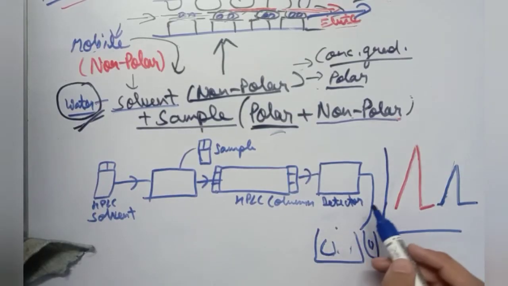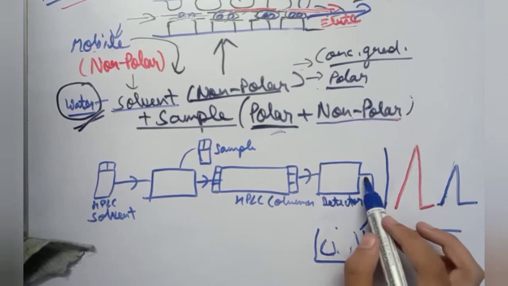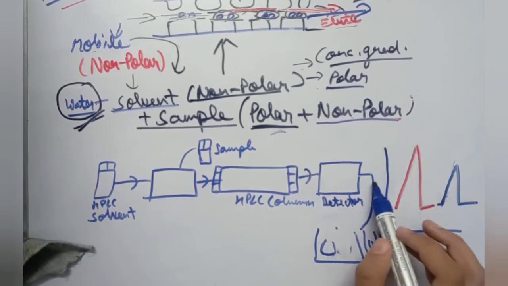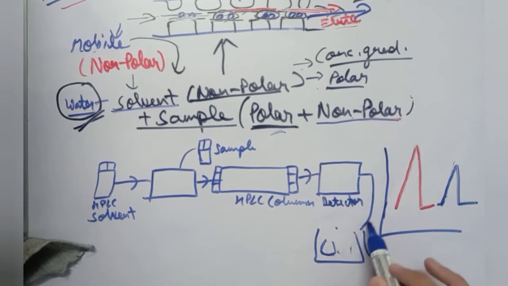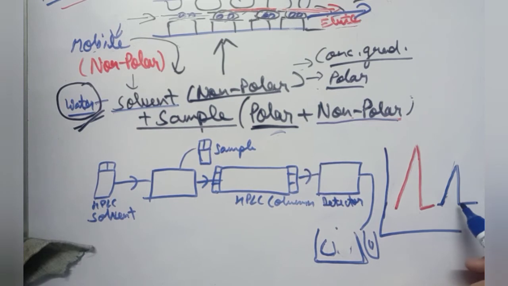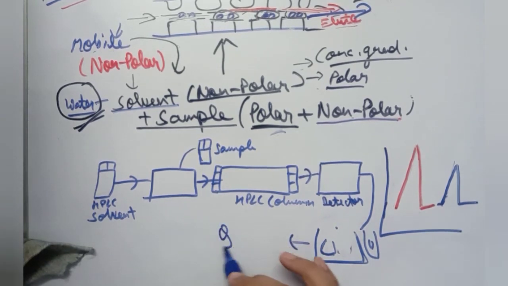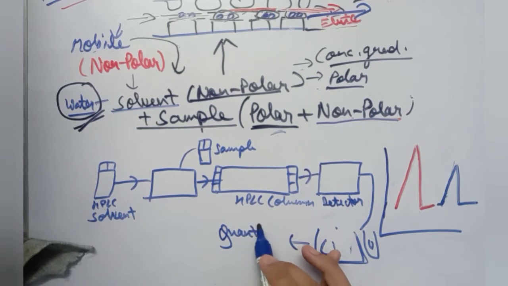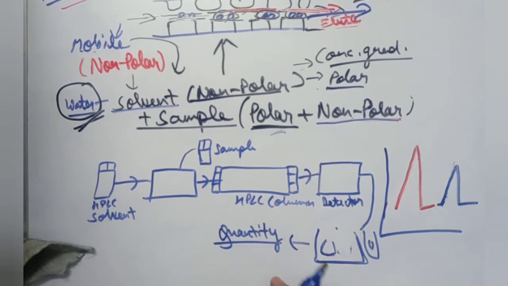After the detector, there are these collecting tubes, where the first non-polar component which gets eluted out is collected in the first collecting tube, and then the polar component which gets eluted afterwards is collected in another collecting tube. So this is how we can separate these samples, and this graph is made to find the quantity of each of these components,